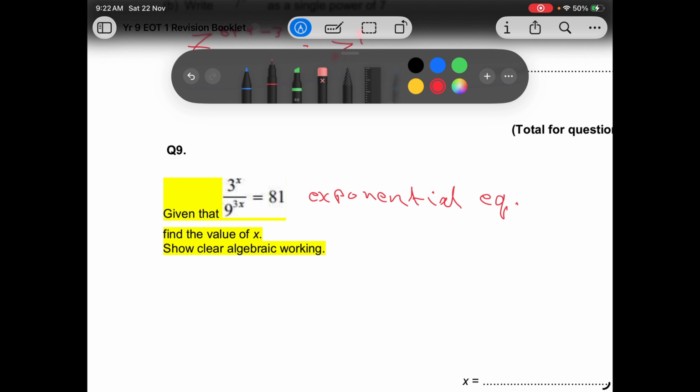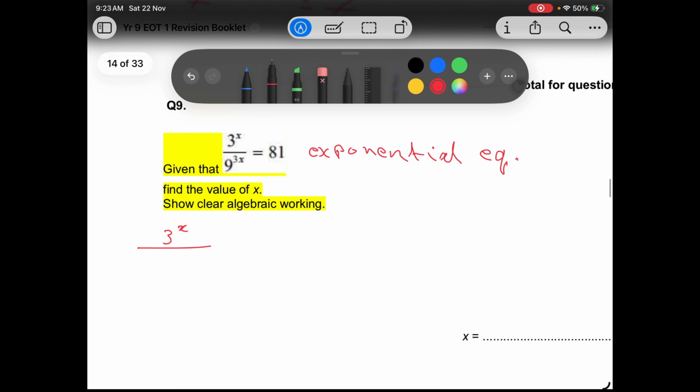unify the bases. So what is the base here? The base here is 3. What is the base here? The base here is 9. What is the base here? The base here is 81. And fortunately, there is every possibility to make the base 3, because look at this, guys. It's 3 to the power x, and what I have in the denominator is 9, which is to the power of 3x. 9 is 3 squared to the power of